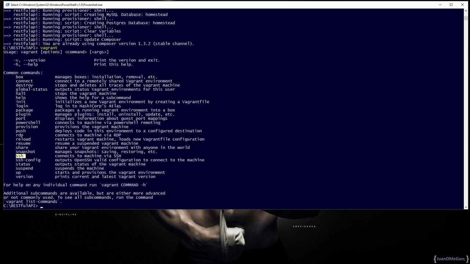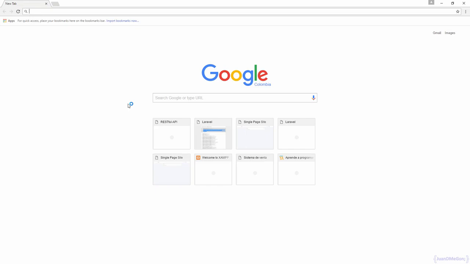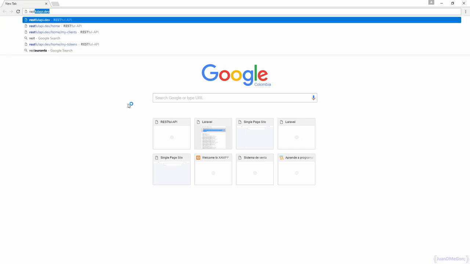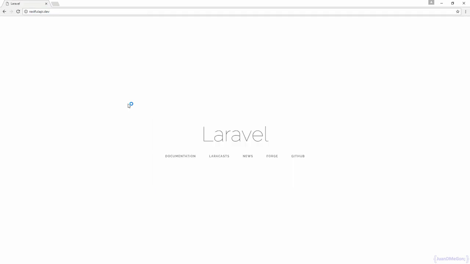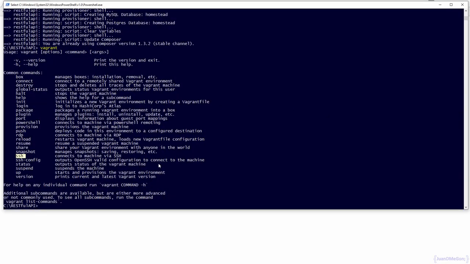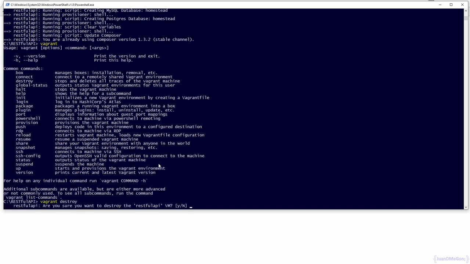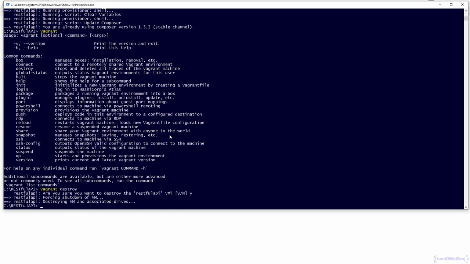It means that if we go to our browser and try to see our virtual host, it is working properly. Of course, if we go again to the command prompt and destroy the virtual machine, just confirm, it is going to remove every structure that we have. And it means that, for example, if we have any change in the database or something like that, it is going to be destroyed as well. So we need to be very careful with that, because once we destroy the virtual machine,